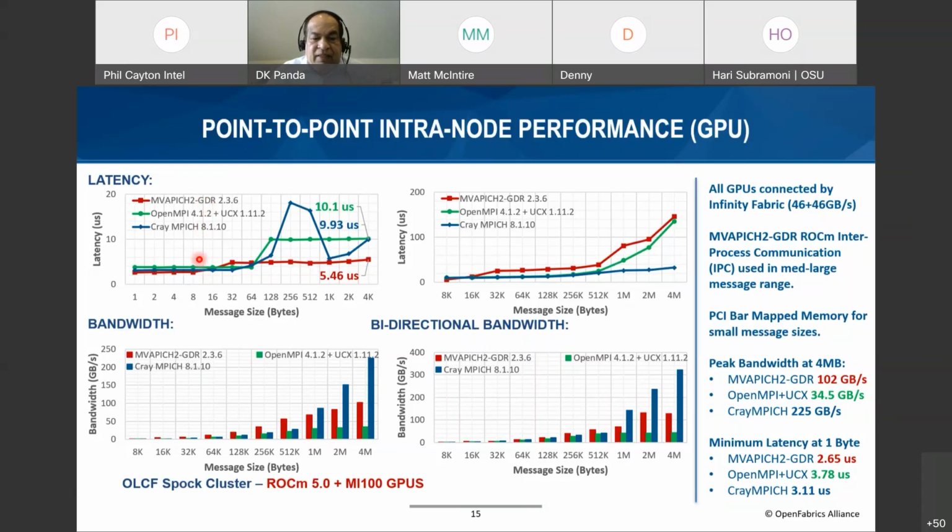So now if you see, this is intra-node. That means within the node, we have several MI100s. So the question is, how much time does it take to move data between these? And in addition to the GPU Direct RDMA,